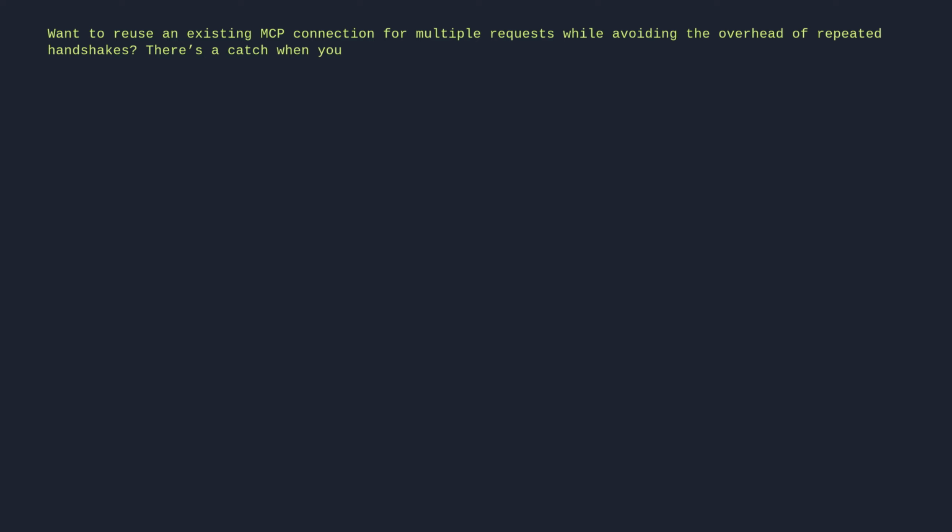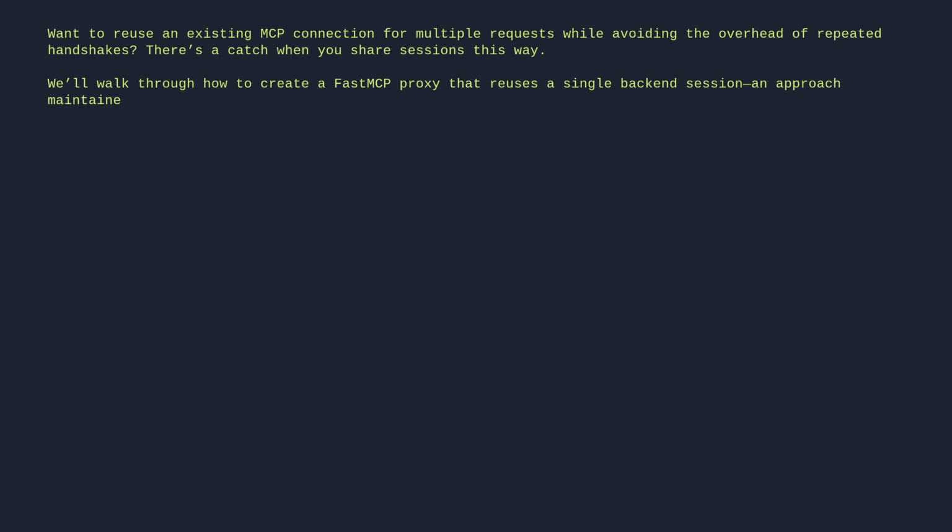Want to reuse an existing MCP connection for multiple requests while avoiding the overhead of repeated handshakes? There's a catch when you share sessions this way. We'll walk through how to create a FastMCP proxy that reuses a single backend session, an approach maintained for backward